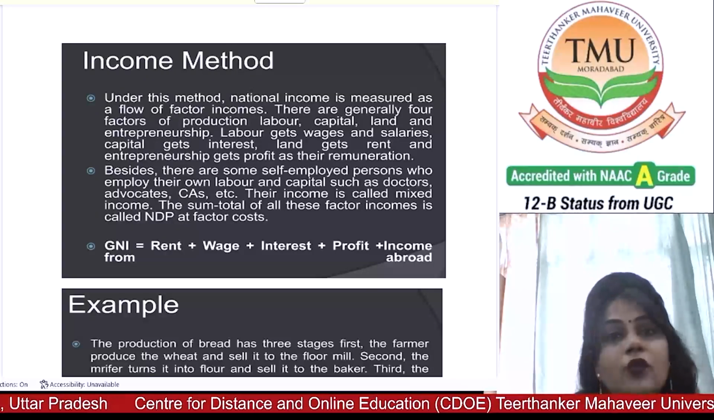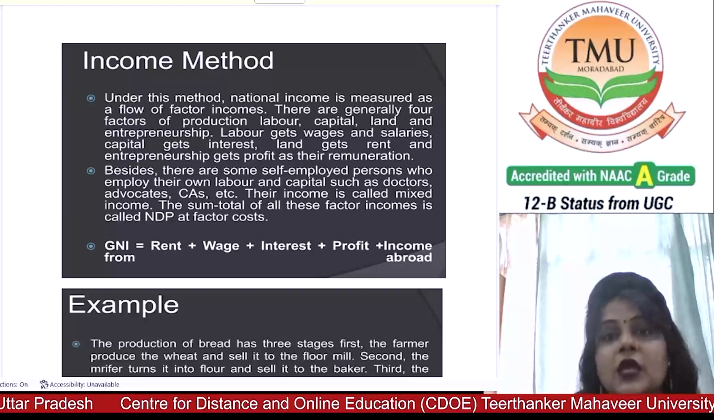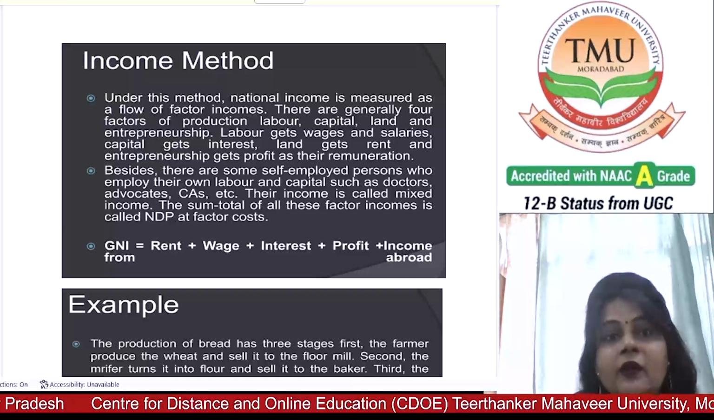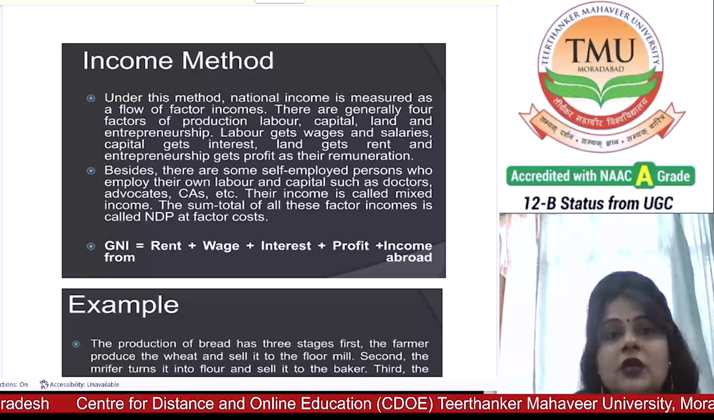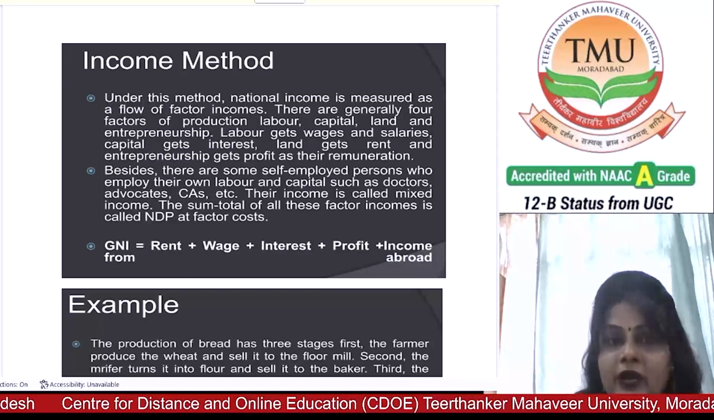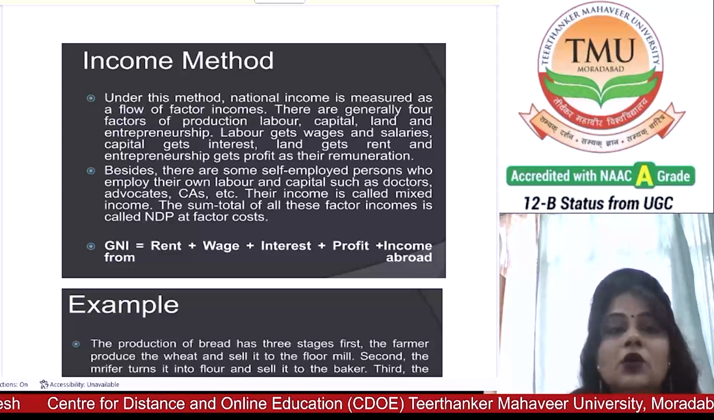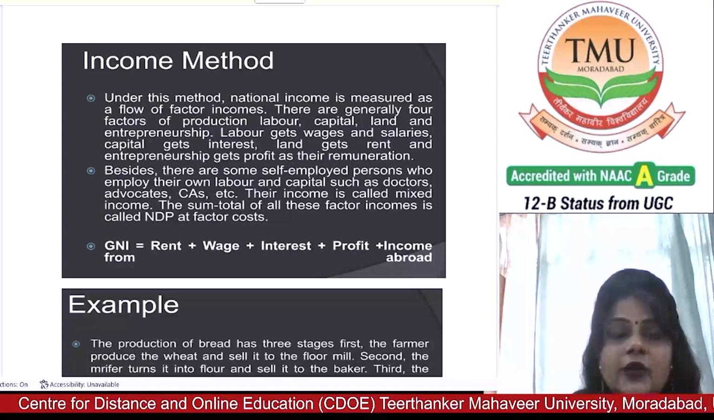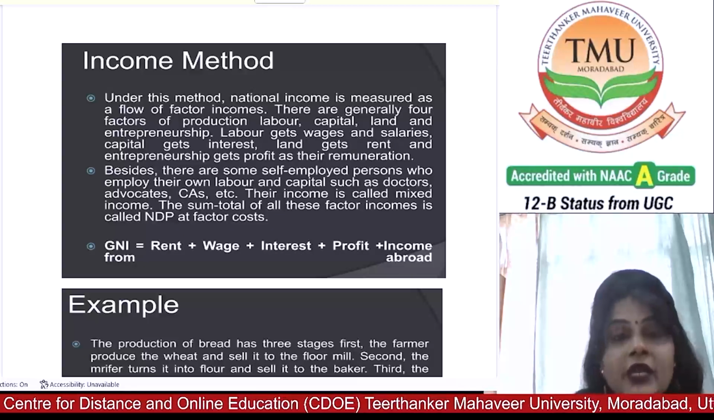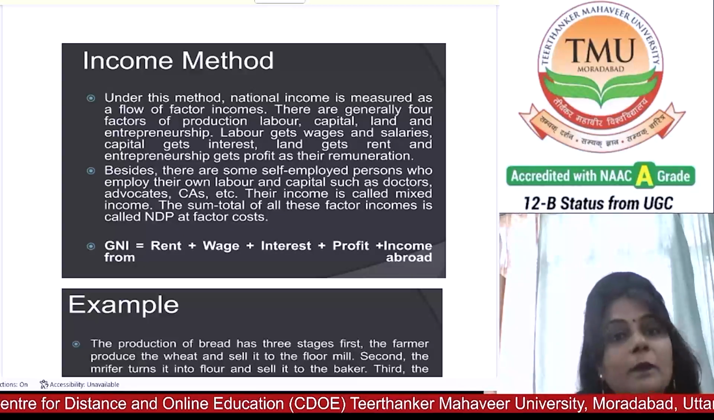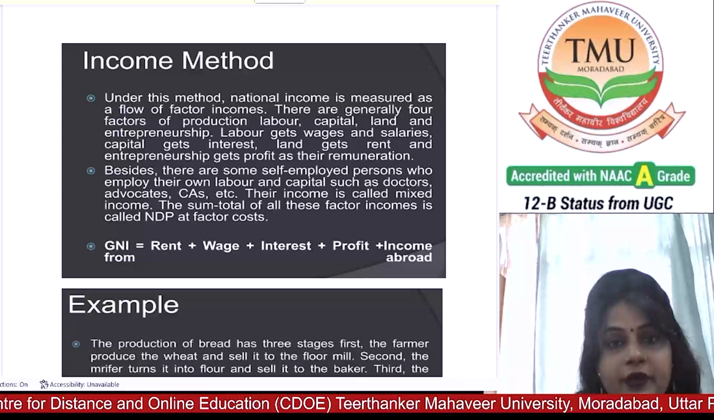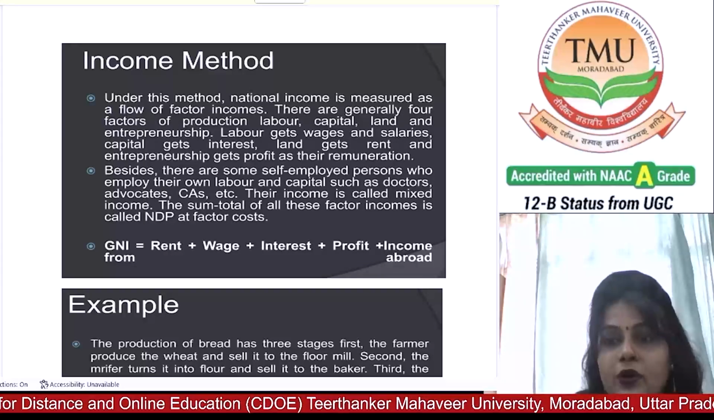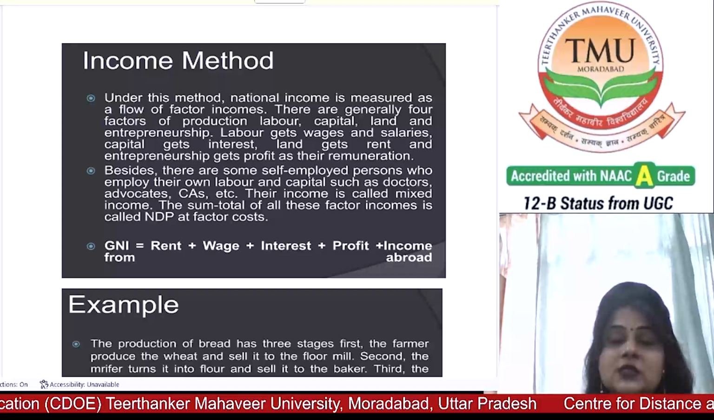The sum total of all these factor incomes is called NDP, net domestic product at factor cost. So gross national income is equal to rent plus wage plus interest plus profit plus income from abroad. So, in simple terms,